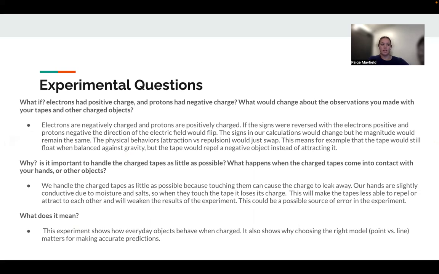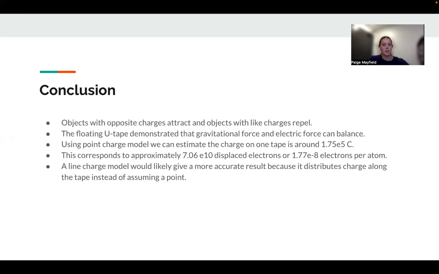So what does this all mean? This means that everyday materials can hold measurable electric charges, and it highlights why choosing the right physical model matters. So in conclusion, like charges repel and opposite charges attract. The floating tape demonstrates that electric and gravitational forces can balance, and we estimated the charge to be about 1.75